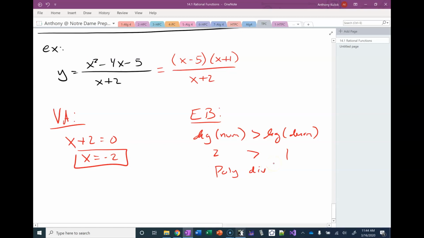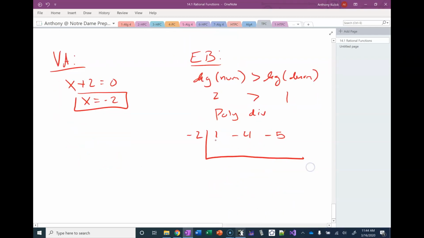The nice part is, because the denominator is monic, I can just do synthetic division on this. So I'm going to do that rather than the long division. That isn't always the case, but it is in this case, so why make life harder than it has to be? So what this tells me is this part is the quotient